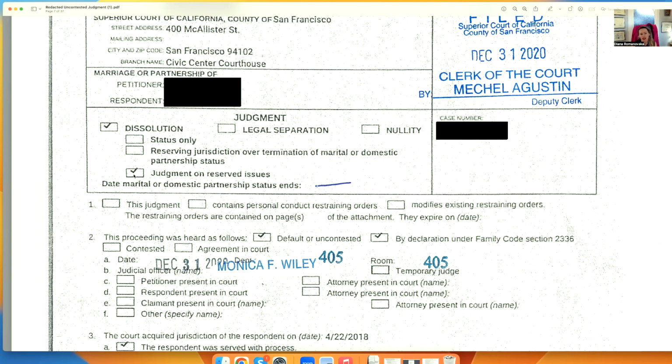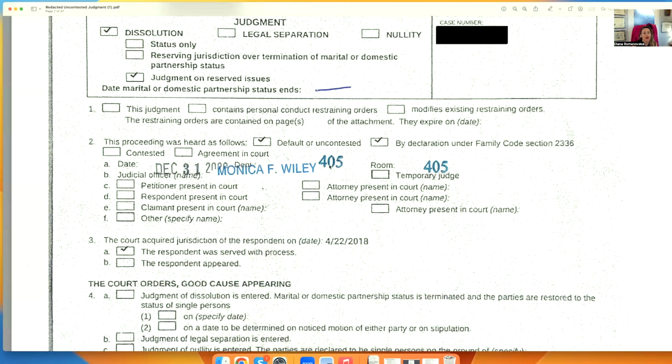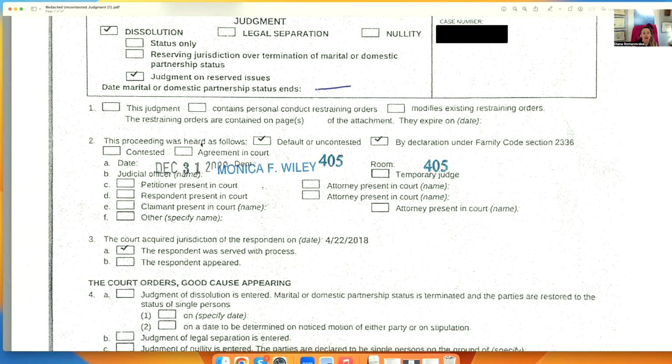Basically, if you're an uncontested case and you haven't been appearing, you just check dissolution, remove that one. And here the court will fill in the date, and the date is December 31st, 2020, which should have been here. This proceeding was heard as follows: uncontested, or by declaration,